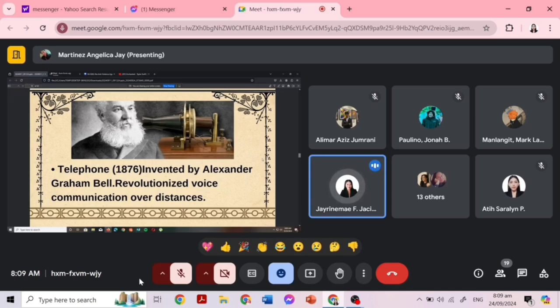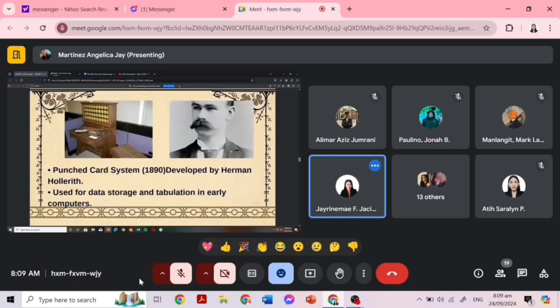So the next one is the punch card system. It was invented by Herman Hollerith in the late 19th century. It was an early data processing technology. Hollerith's system used cards with holes punched in them to represent data, which could then be read by a machine. This innovation was groundbreaking for its time and was initially developed to process the vast amount of data